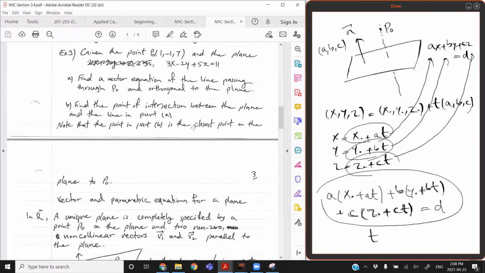Okay, I'm going to stop here. Next class, I'm going to talk about the vector and parametric equations of a plane. For now, you can start working on the problems 1 to 12. Problems 1 to 12 is all about